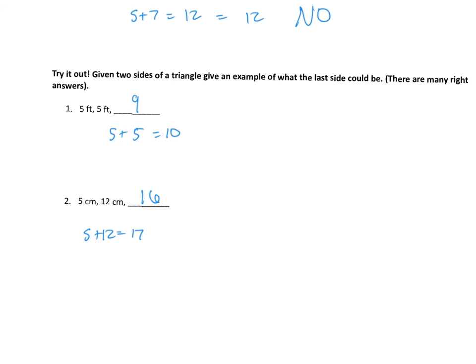So if I made the third side 2, then 5 plus 2 equals 7, which is way less than 12. And then it becomes completely off balance, and then that can't be a triangle. So I need to make sure that my number is somewhere in between. The difference between 12 and 5 is 7. So about between 7 and 17. So we don't want it to be too small, and definitely not too